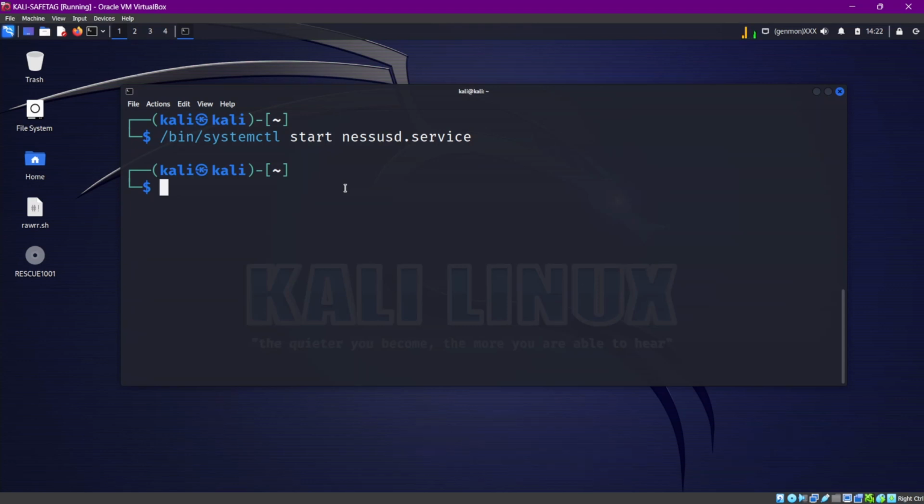Nothing happens apparently. However, in the background, a series of services were created and started, so we can use Nessus. The good news here is that Nessus operates with a graphical user interface that works on a website, a web application that is running inside our own virtual machine. To access it, we will need to open Firefox in this case